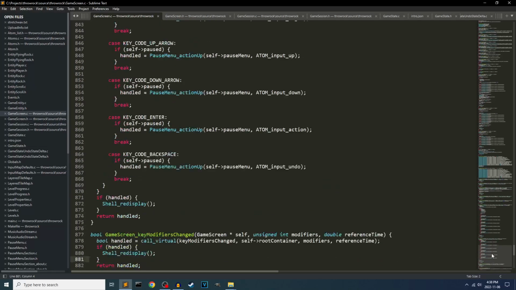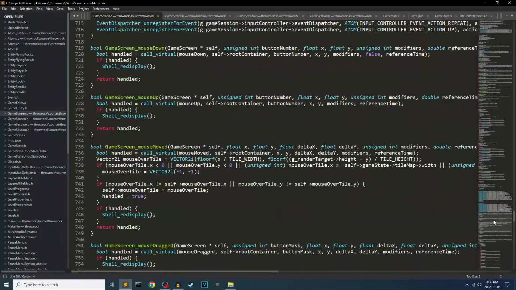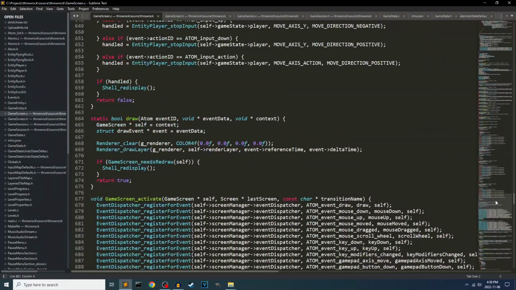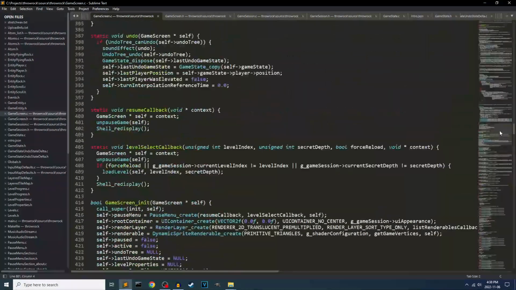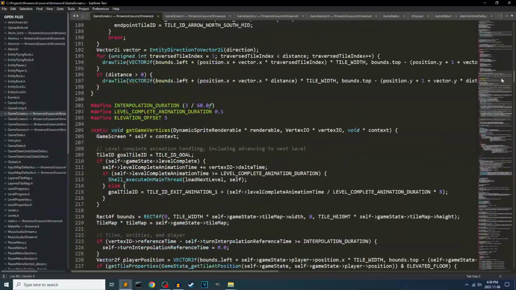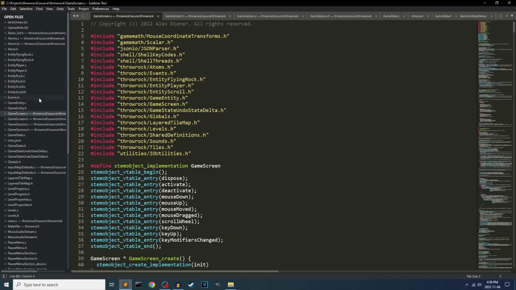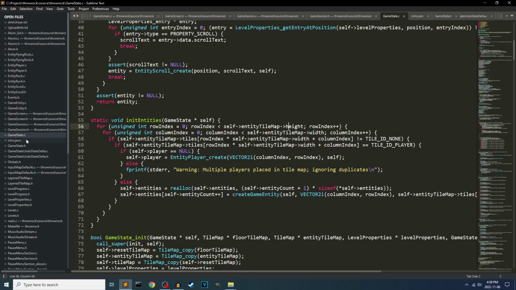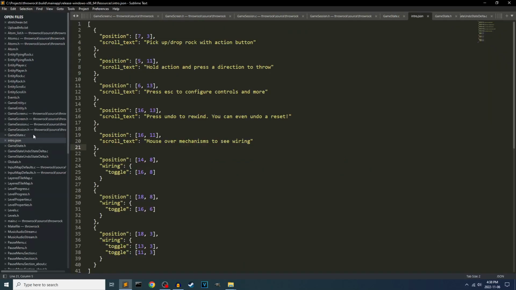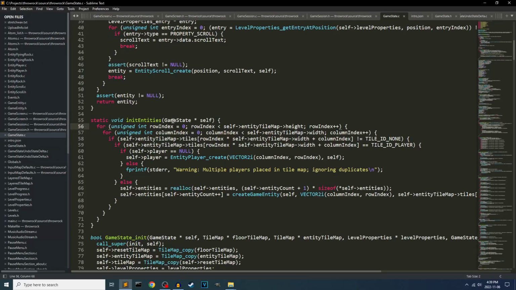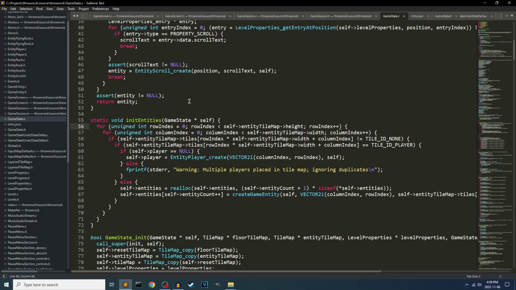I think, from what I just reviewed, we had gone through everything that game screen does, which is sort of the interface between the player and the game logic on screen during the game. But then there is this game state object. Yeah, okay, so right, there's intro.json. I'll just leave that open. That's fine. So game state would be the